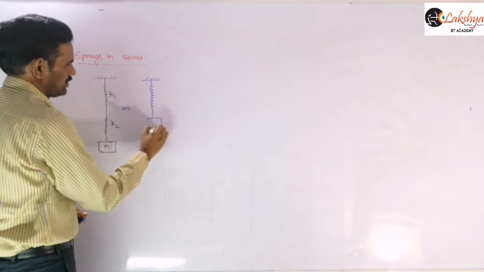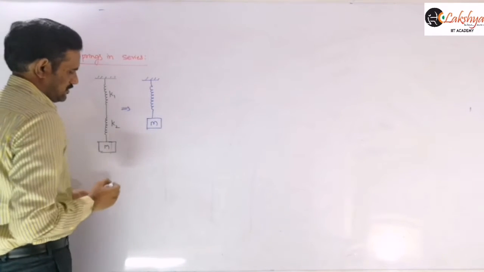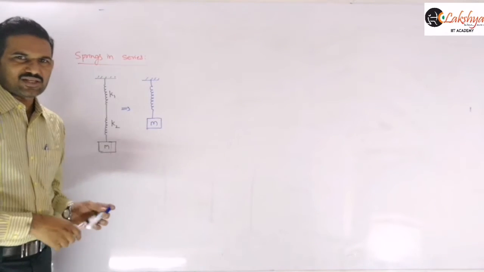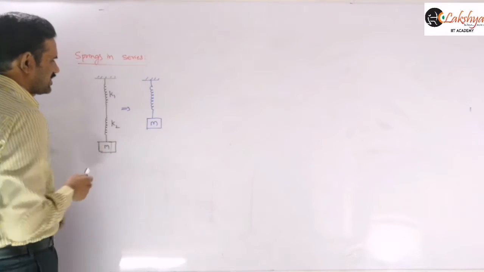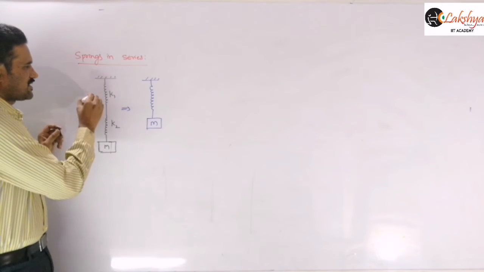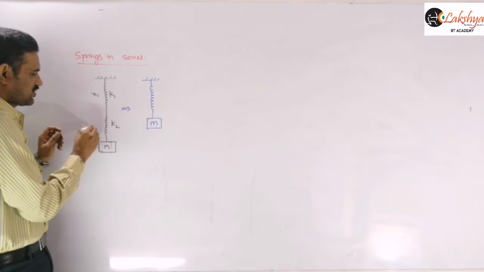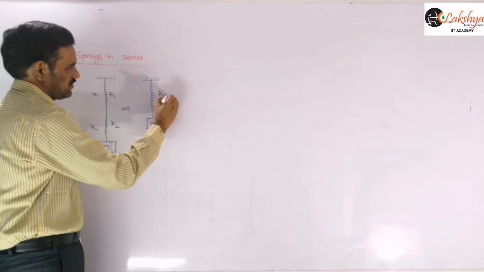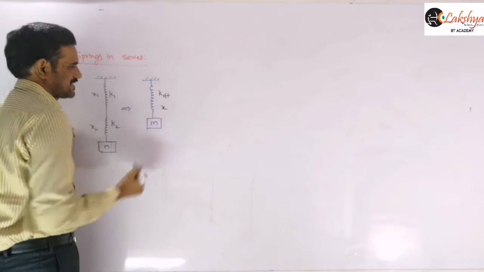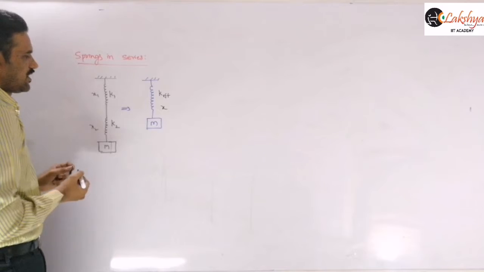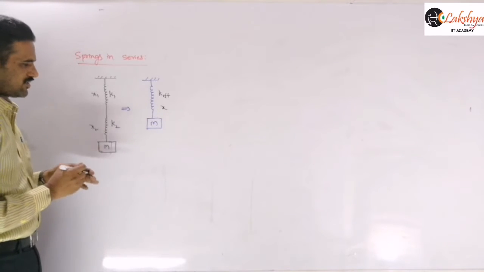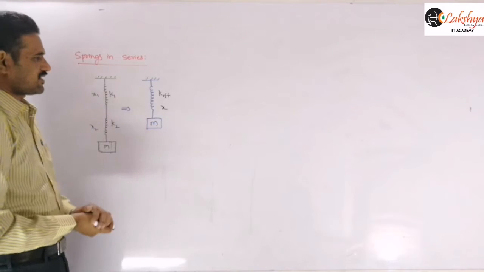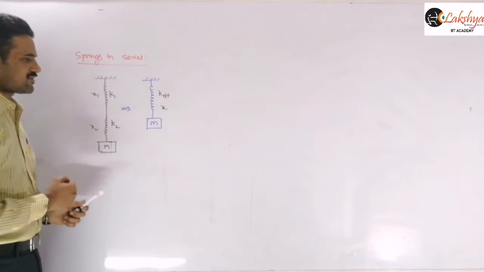And so that it produces the same elongation or same displacement as these two springs here. Suppose I am taking x1 as the elongation produced in this spring and x2 as the elongation produced in this one, and here this value we write as k effective, and suppose x is the elongation produced in it. Whatever the elongation is there, the same elongation will be produced in this effective spring here. And so now we can write this.